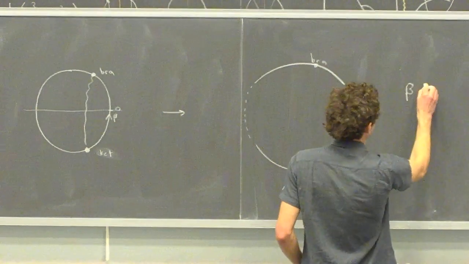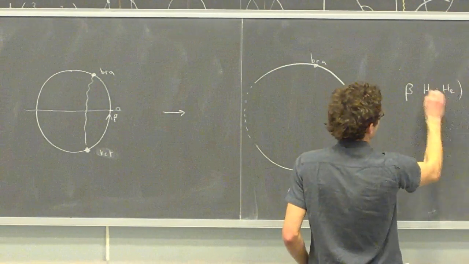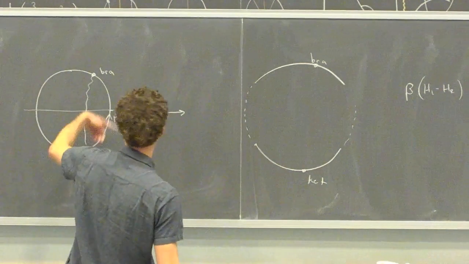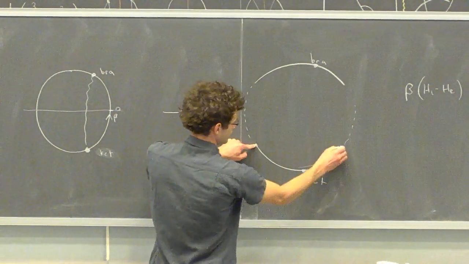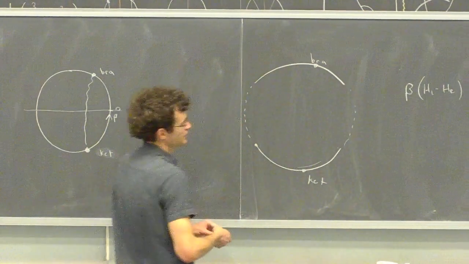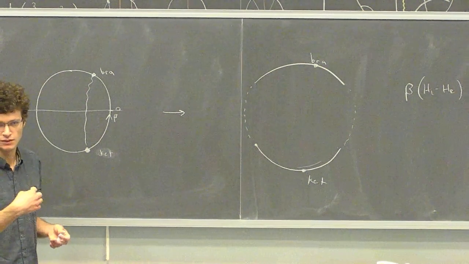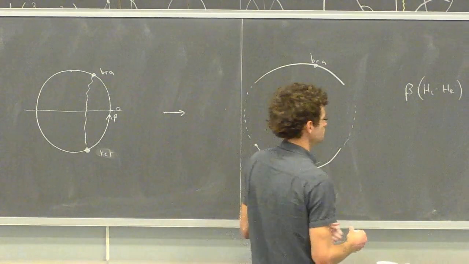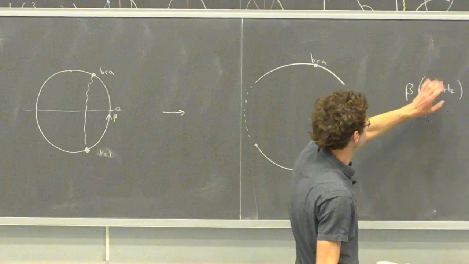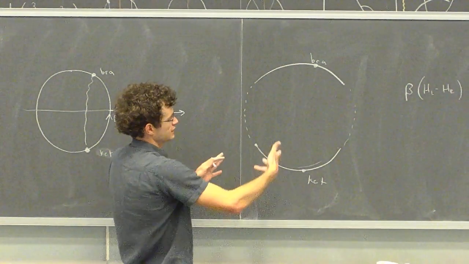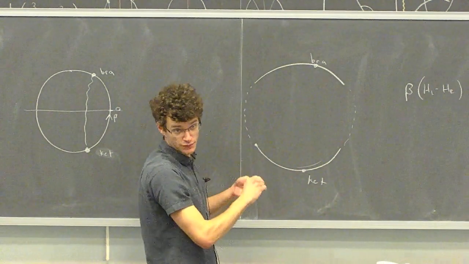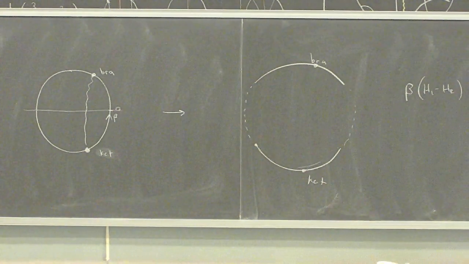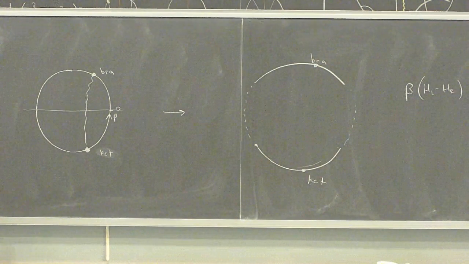The operator beta times h left minus h right is an operator that takes us all the way around this boundary. So that's an operator that takes us from here to here, and then again from here to here. But that's not a full 2 pi rotation of this disk. That's a 2 pi rotation times v. And so that means that the time evolution operator here does not really act as a boost of the disk with the standard normalization. It differs by a factor of v. And that factor of v explains this different Lyapunov exponent. So that is one of the puzzles.